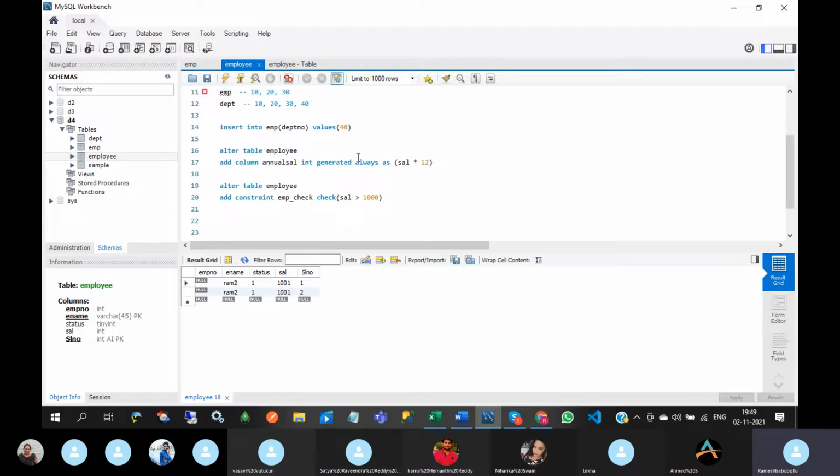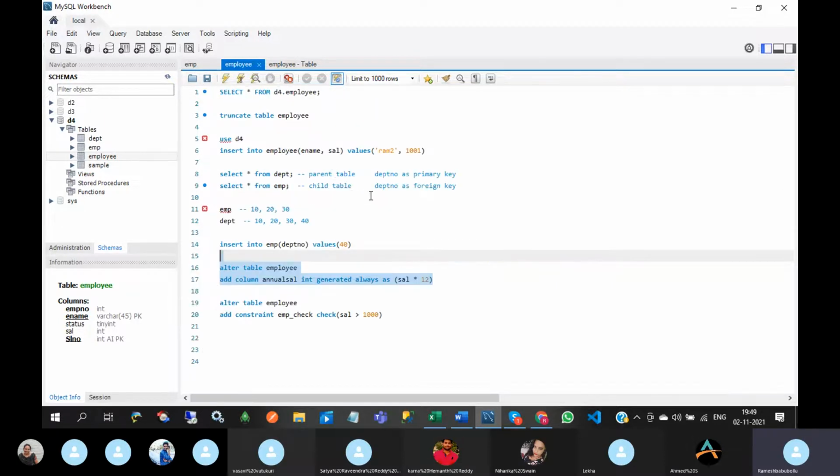Okay, so at the time of insertion this formula will work, and then that final result value will be inserted into annual salary. Okay, so we'll try with an example.